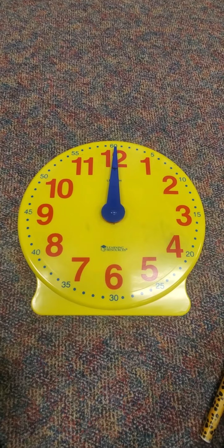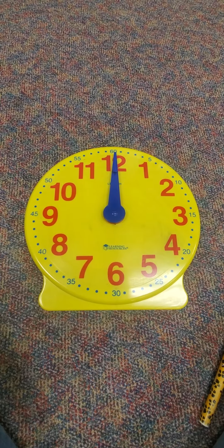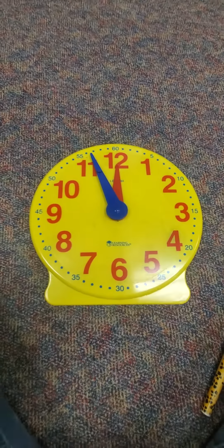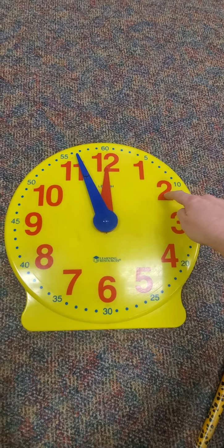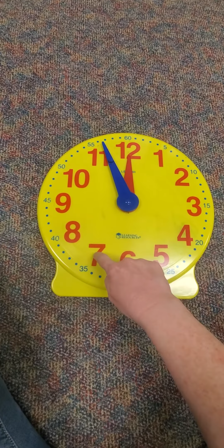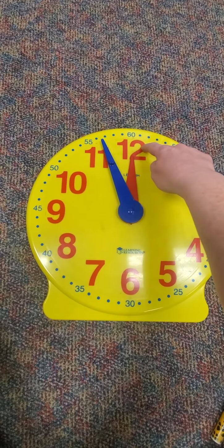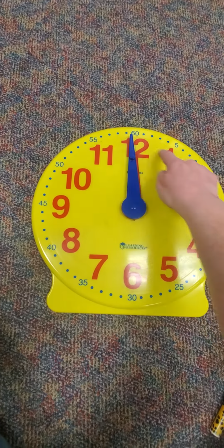Your goal today is to be able to tell time to the hour and to be able to tell the basic parts of the clock. So let's just take a look at our clock first. You'll see these big numbers going around the clock. Those represent the hours of the day. There are 24 hours in the day, so that means with 12 numbers, our hour hand goes around 2 whole